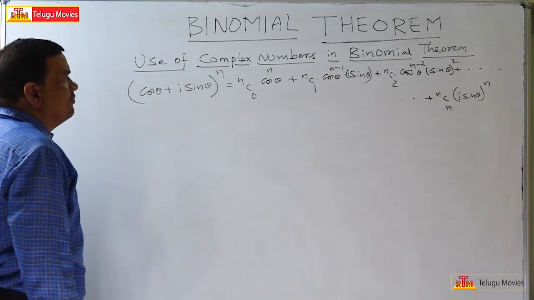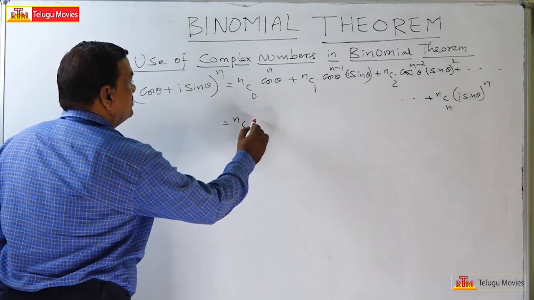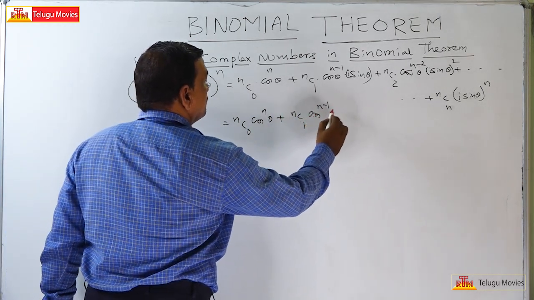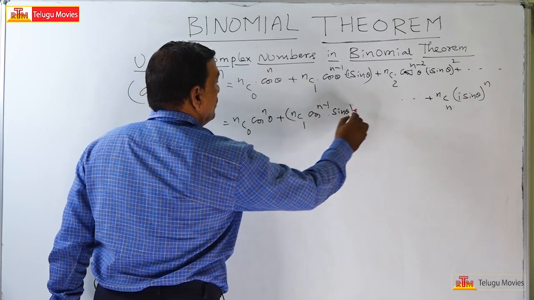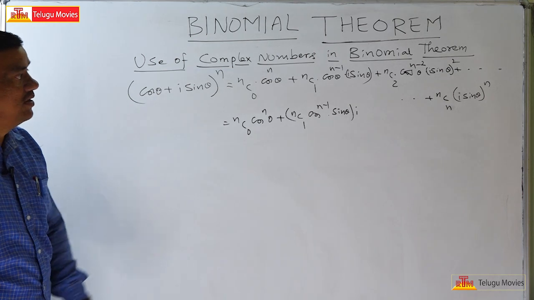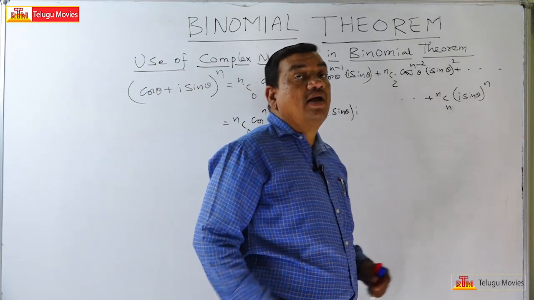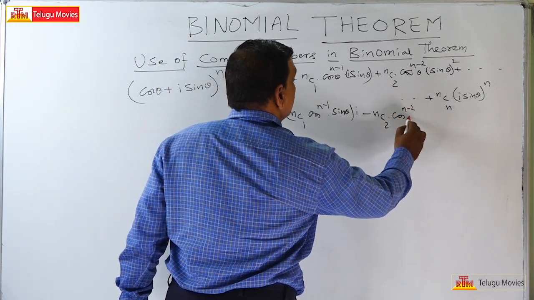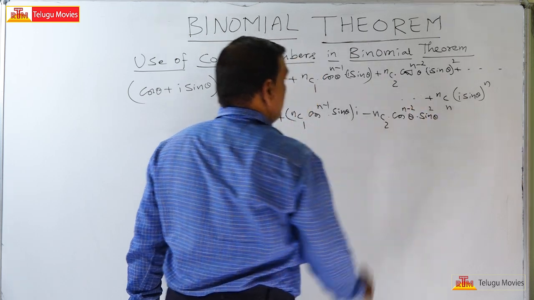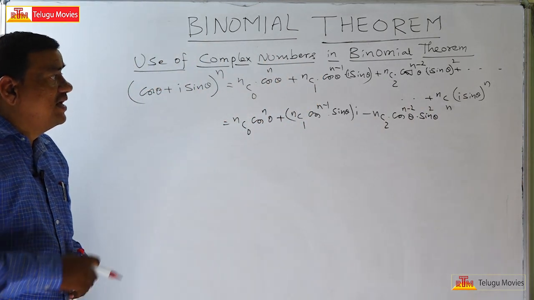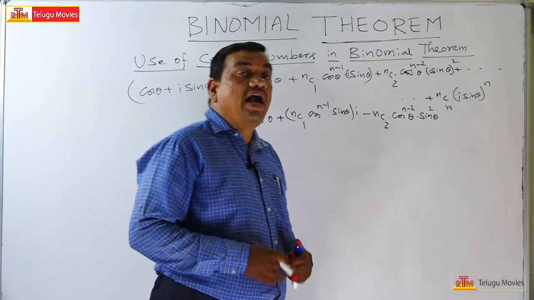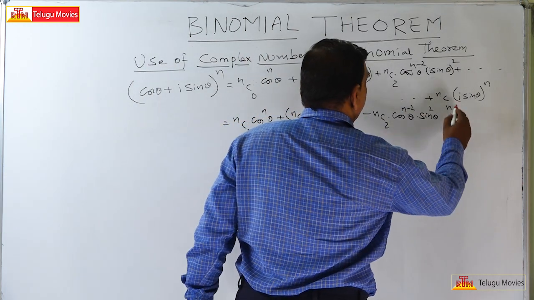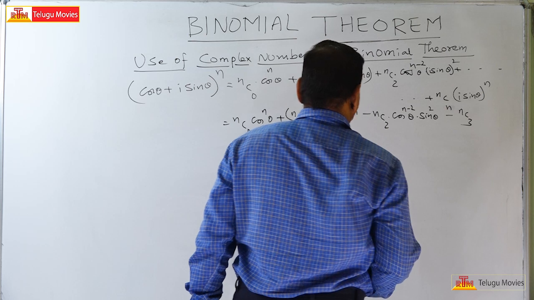Now, let us write down this expansion once again: nC0 cos power n theta, plus nC1 cos power n minus 1 theta into i sin theta. Here i square is equal to how much? Minus 1. Therefore, you will get nC2 cos power n minus 2 theta into sin square theta, so i square will become minus. Next, i cube means i square into i, which is minus i. So the next term is nC3